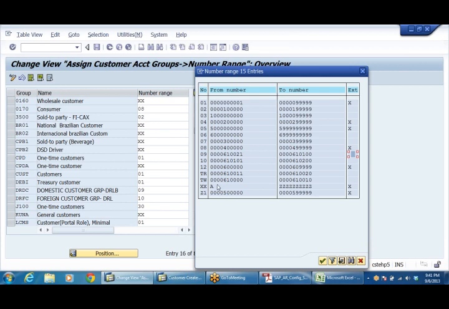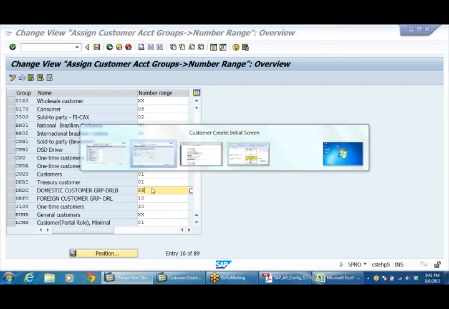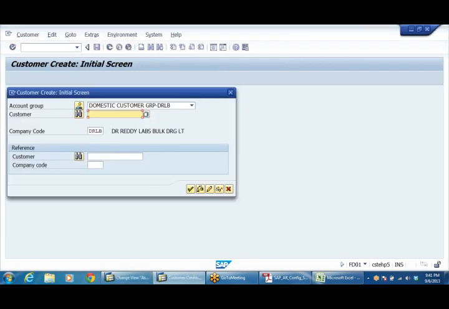I can use alphanumeric numbers, and even internal numbers also. Now what we have done here is we have not selected external number range, so the system will take internal. I cannot give any number here. In domestic customer group, for company code DRLB, I'm going to create.